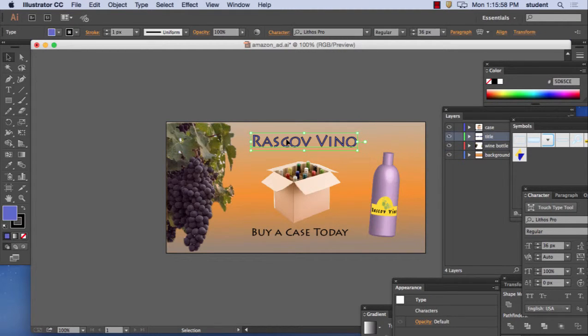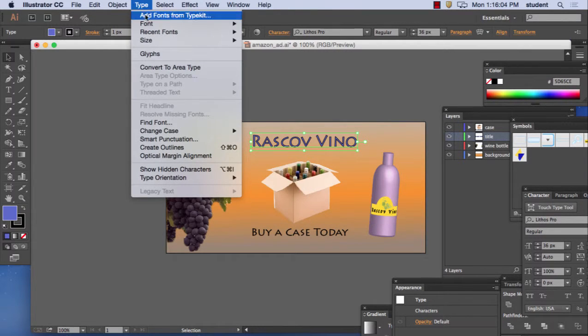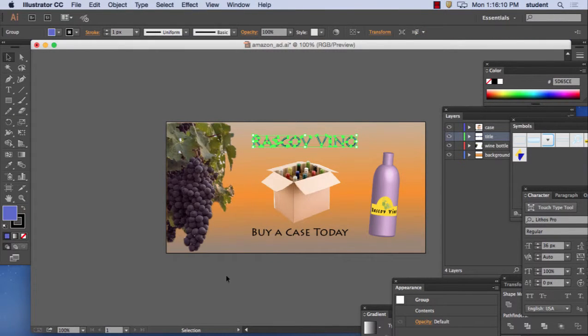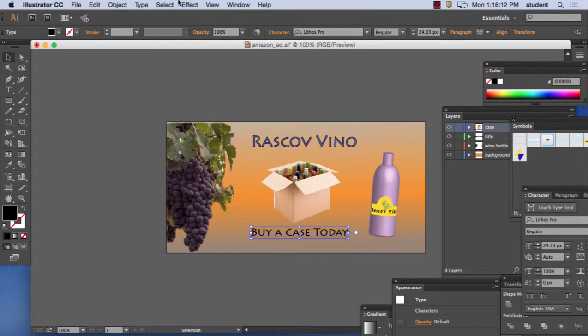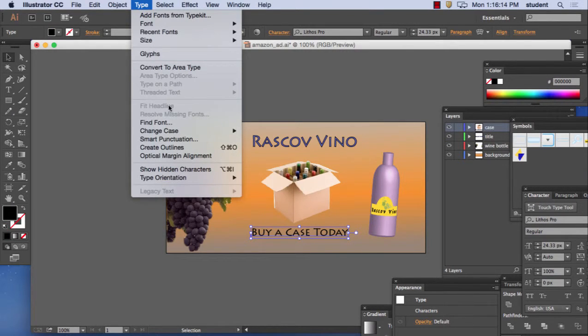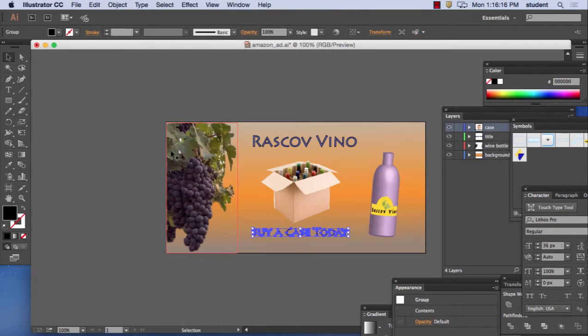I'm going to do the same thing with the font. I don't want to have font problems in another program, so I can go underneath Type, Create Outlines. Create Outlines will convert text to regular shapes, and same with this one right here. I'm going to convert this with Create Outlines. Of course, once you do Create Outlines, you can't edit the text anymore, but hey, it's ready to